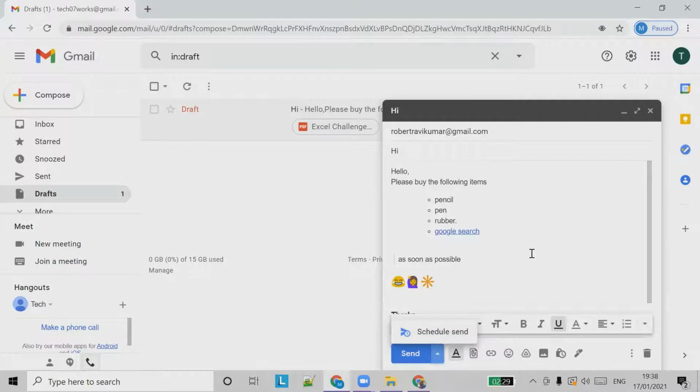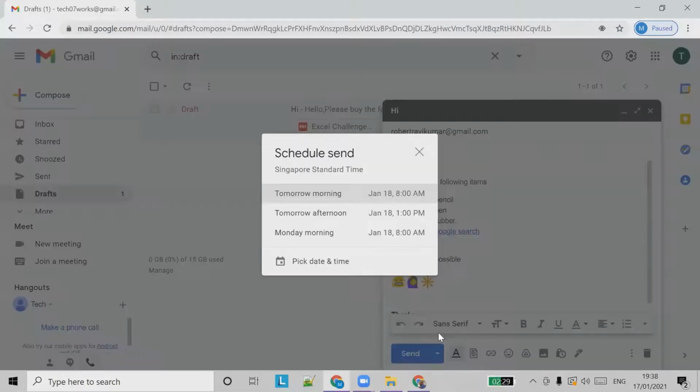There is a drop down option next to the send button. Choose more send options, click schedule send, and similar to that time picker, we can pick a date and time to send that email. Instead of selecting the pre-defined times like tomorrow afternoon, we can pick our own time.